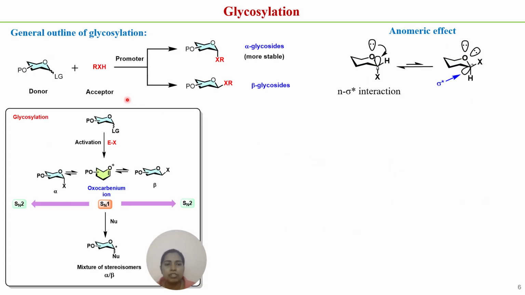So for glycosylation reaction we need donor, acceptor and promoter, and this glycosylation reaction goes via this oxocarbenium ion intermediate. If the reaction goes via SN1 pathway, it will give a mixture of stereoisomers, alpha and beta. If it goes via the SN2 pathway, it will give either alpha or beta configuration. But between this alpha and beta configuration, this alpha configuration is more stable due to this